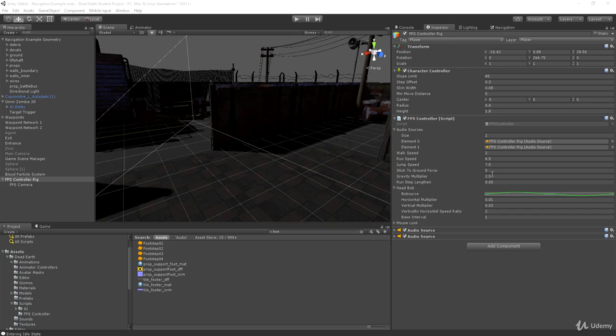Now before I press play, let me just preface this by saying, remember, this is going to sound pretty crappy because we've only got 2 footsteps. The actual footstep sounds aren't very good anyway. In the real game, what I'll probably do, and I haven't actually written this system yet, but this is what I'm thinking, I'm going to have some kind of environment audio manager, okay, where we would store sounds